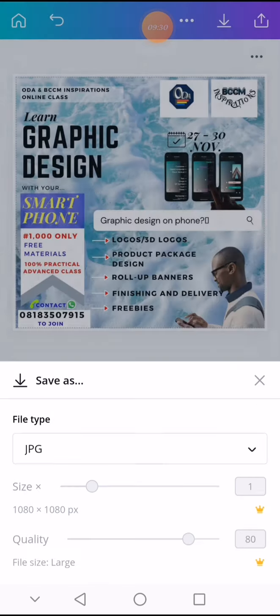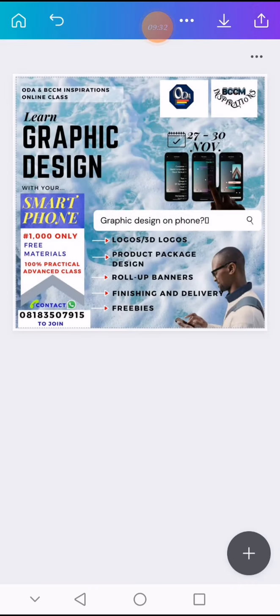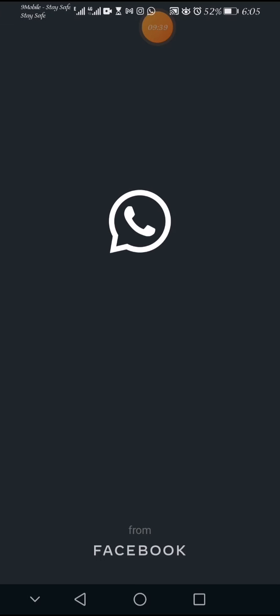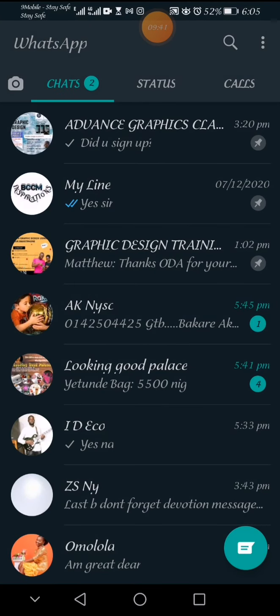So there won't be any need for me to do that download. Now you want to deliver this to someone on WhatsApp. Now let me show us. How do you do it? Now there are two ways you can deliver your job. You can send it via